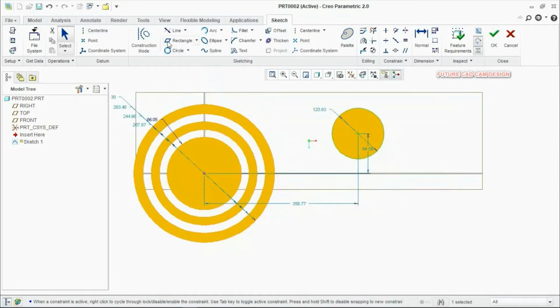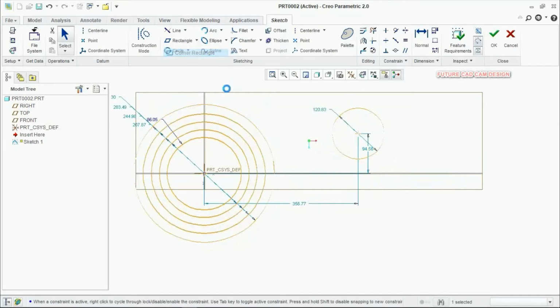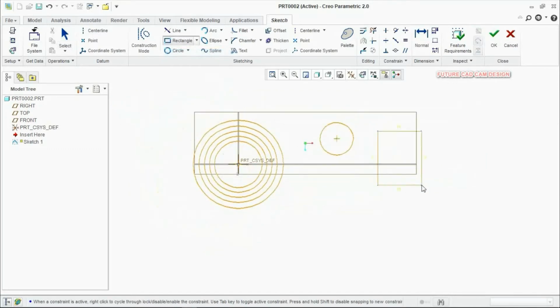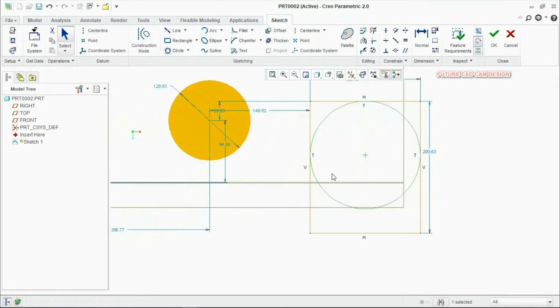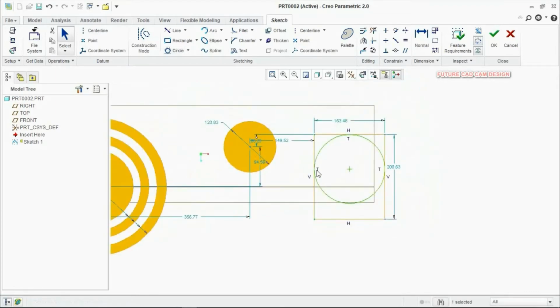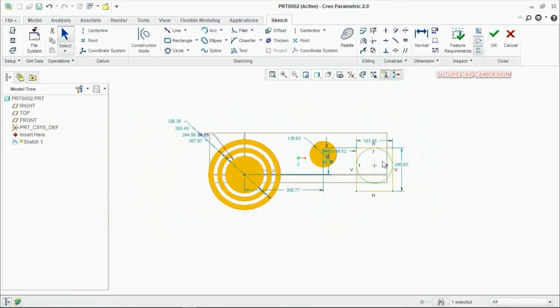Same thing, 3 tangent circle means, for example, I am here creating one rectangle. You can see I have created one rectangle, and select the 3 tangent option. You need to click 3 tangent surfaces. So here I have selected 3 lines in the rectangle. The circle is created tangent to the 3 lines. This is called a 3 tangent circle.